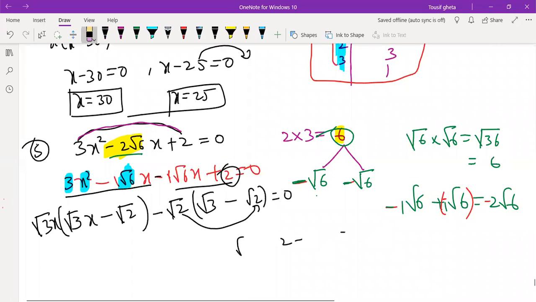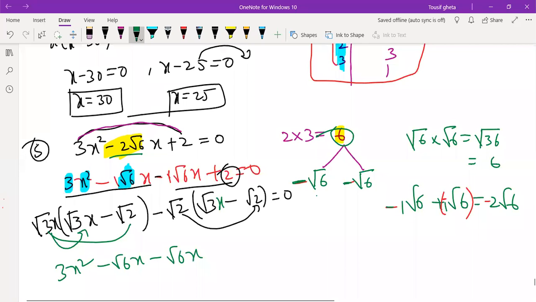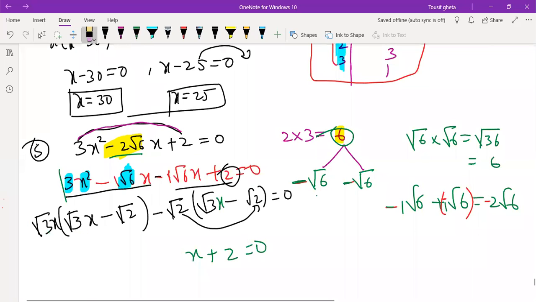So if you multiply, you will get the first step. See, dear student, if you multiply root 3 into root 3 will get 3x square. Root 3 into root 2 will get minus root 6x. Minus root 2 into root 3, your x will come. So minus this also root 6x will get. Minus into minus plus, root 2 into root 2 will get 2. You can see this step and this step. Both are same. If you multiply also we got same. So if you get same by multiplication, then the common taken is correct. Whatever you have taken the common, it is right if you get same.